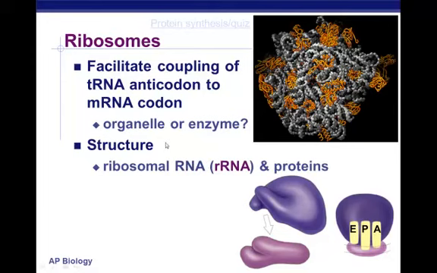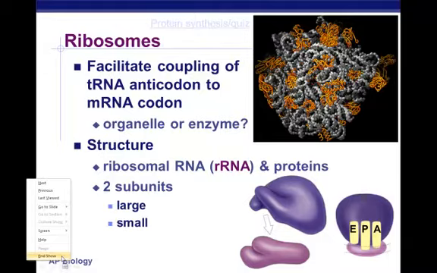If you look now at the structure of our ribosome, we have ribosomal subunits, RNAs, and proteins that go together to make the ribosome. There are two subunits, a large and a small, that go together. And remember, we talked about sizes of subunits in prokaryotes versus eukaryotes. Eukaryotic ribosomes are a little bit bigger; the subunits are a little bit bigger than those in prokaryotes. So we're going to watch a little video of